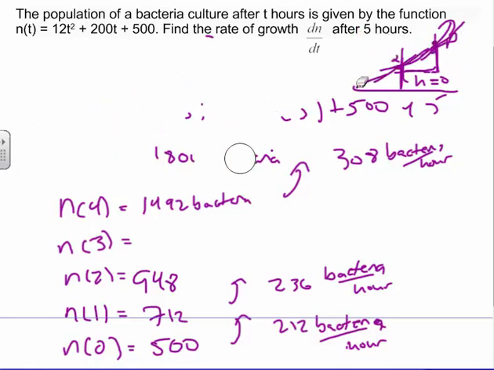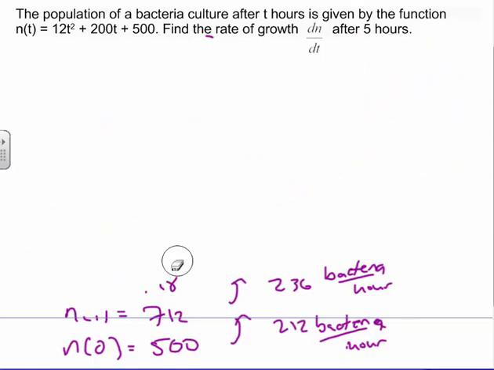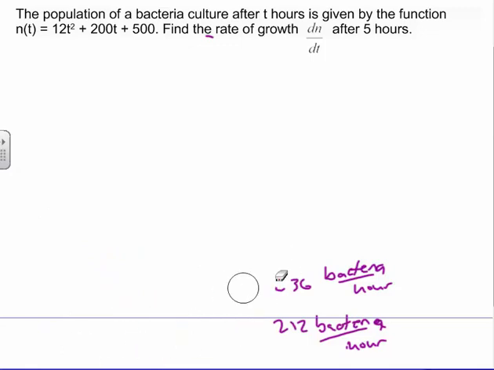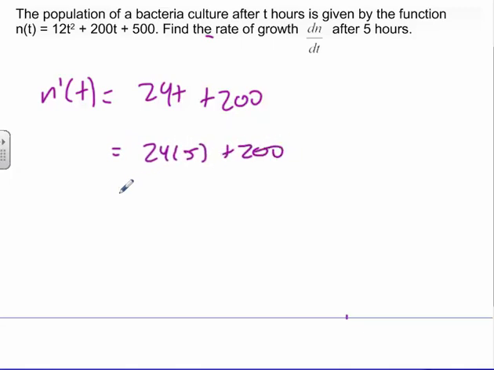So here's how we solve this. Now that I've done a whole bunch of non-essential work in our preamble, we want to find out how fast the bacteria are actually growing in hour 5. Not how many bacteria we have, but how fast they're growing. So we do this. The derivative would be 24t plus 200. This is your growth rate. This is how fast they're growing. Now we can plug in 5 hours. And here's what we get: 24 times 5 plus 200 means that we're actually growing at that point at 320 bacteria per hour,